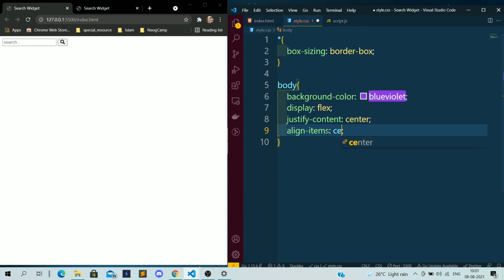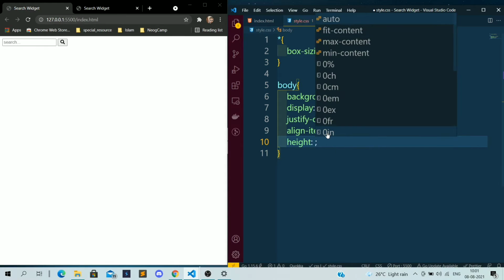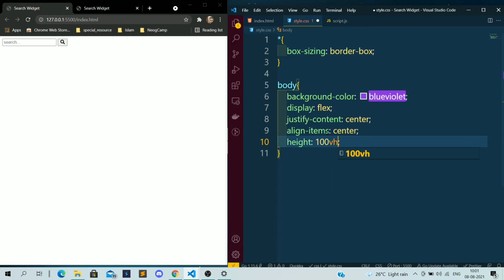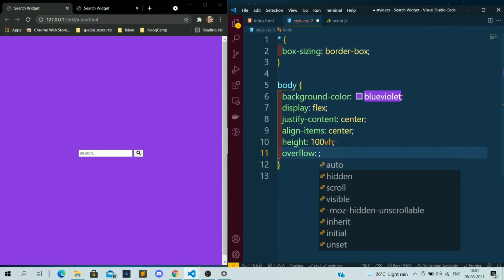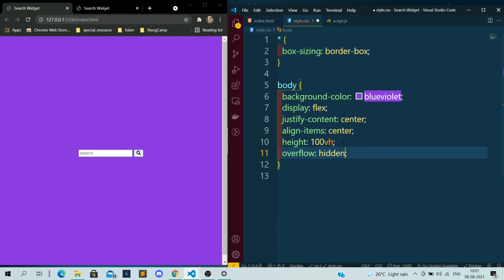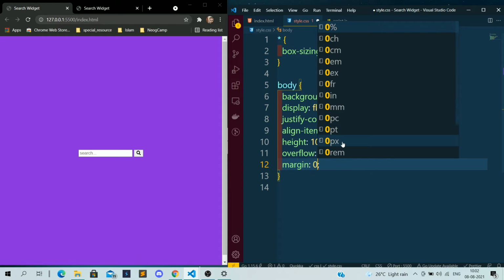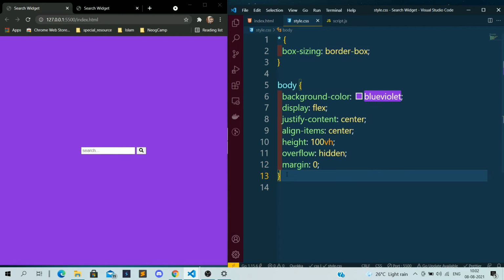And I just want to give the height of 100vh. If I save it, you will see this comes to the middle and has a background color of blue violet. I don't want overflow, so I just want to give a margin of 0. That's enough for the body.